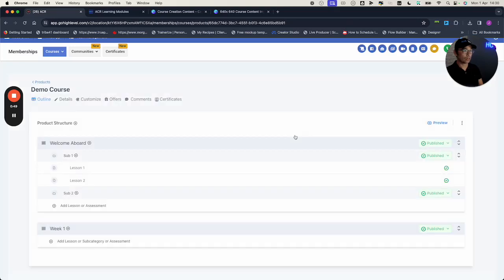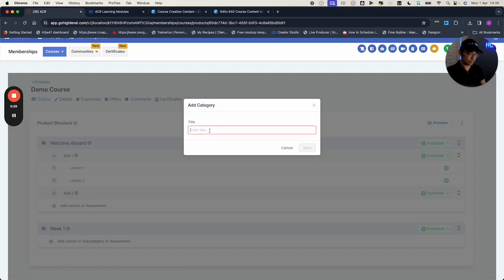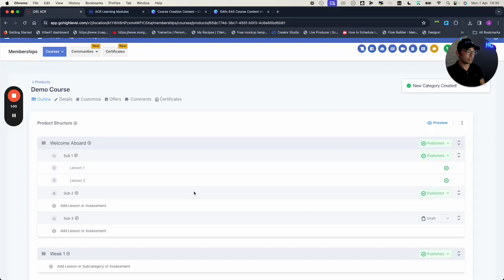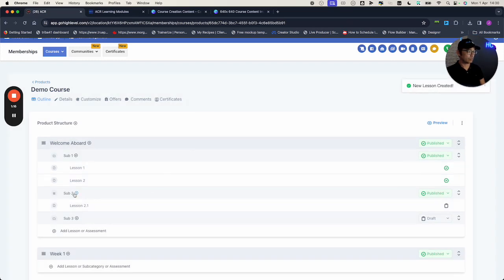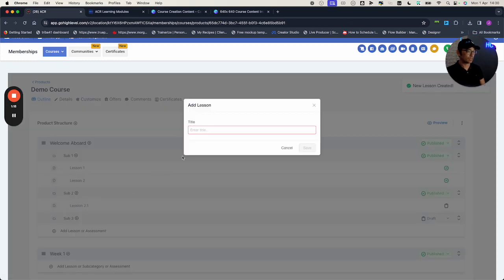Once I do that, you will see that has changed the way this lays out. So you can see up the top here, we've got a category. I'm going to now add another subcategory, a subcategory 3. And within these lessons, I'm going to create lesson 1, 2.1, for example. I can name that, and I can go add a lesson